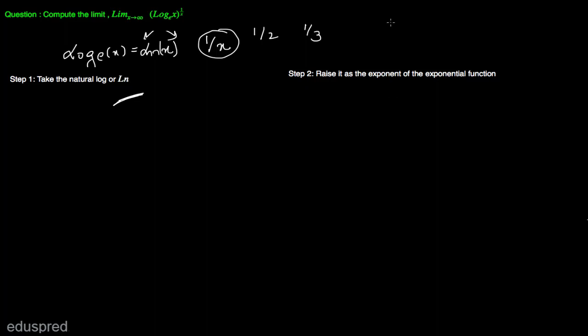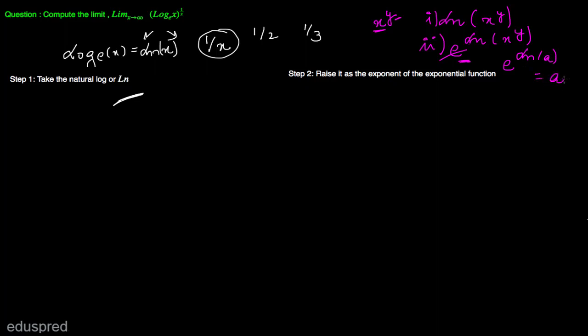So what these steps are trying to say is that if you have a function of the form x to the power y, where x is also a variable and y is also a variable, the first step says that you have to take the natural log of the function and then raise it as the exponent of the exponential function. So your function now becomes the exponent of the exponential function and then you are able to solve it. Note that this transformation does not change your original function because the two cancel by using the property e to the power of ln a, where a is any function or a constant, that does not matter,